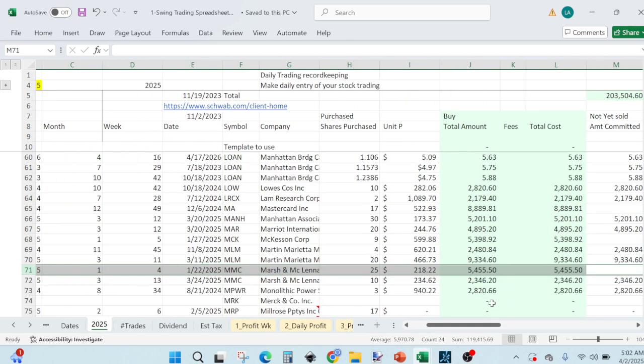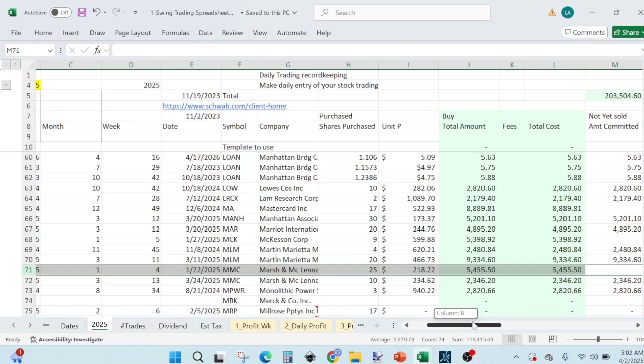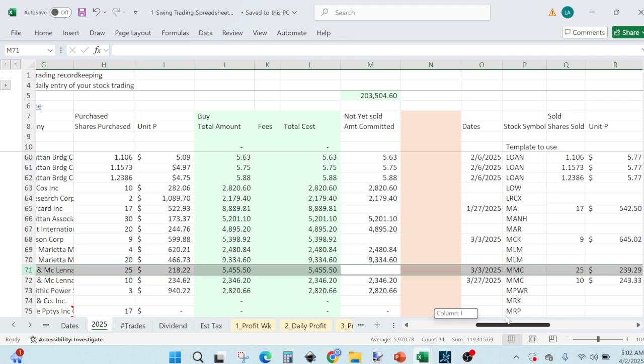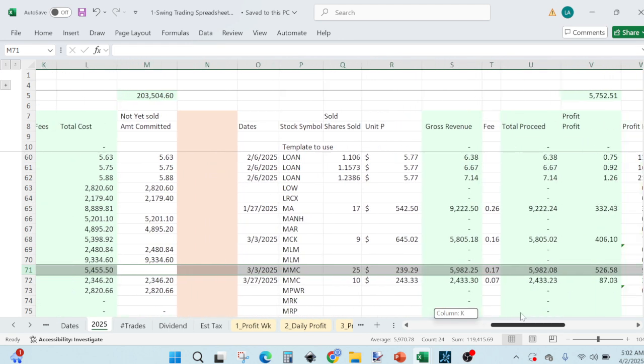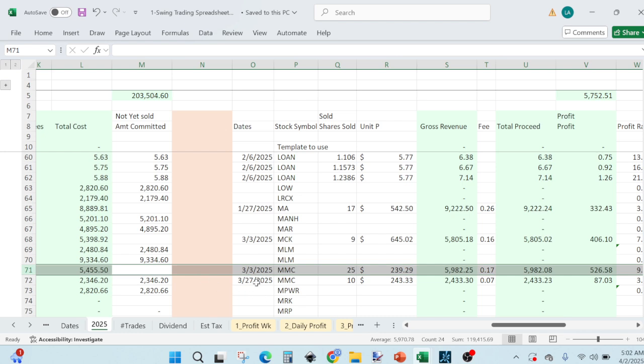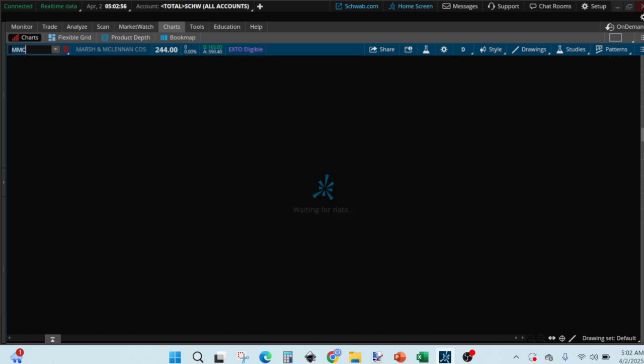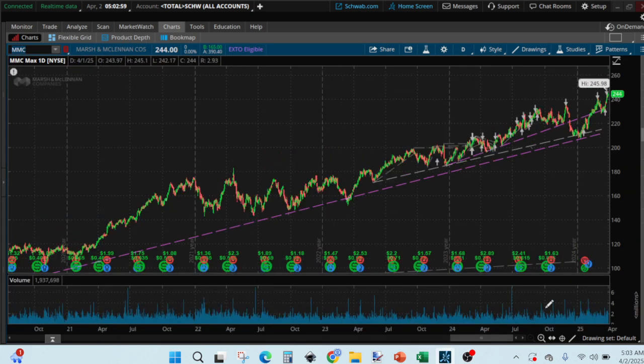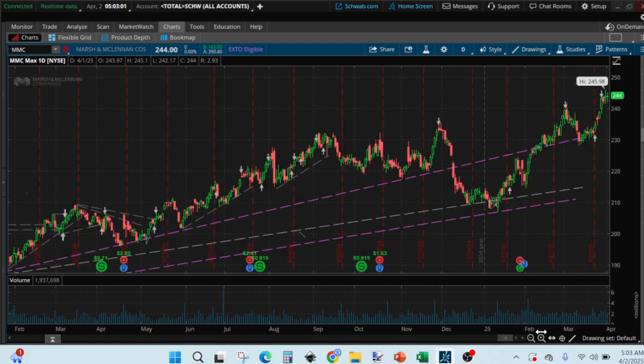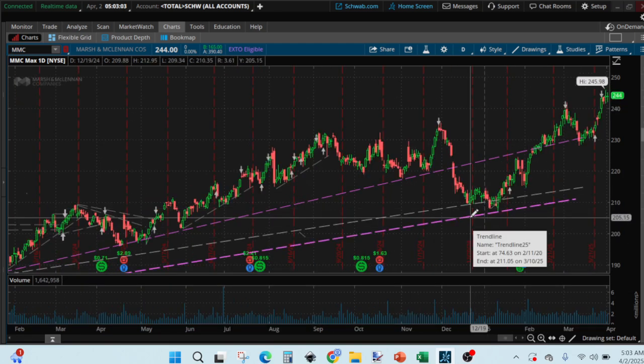But then on the 24th of March, we purchased it again. The first purchase was the long option line, and the second one was the short option line swing trading strategy, and we sold it on the 27th. So if we take that one simply, MMC, this long option line swing trading strategy